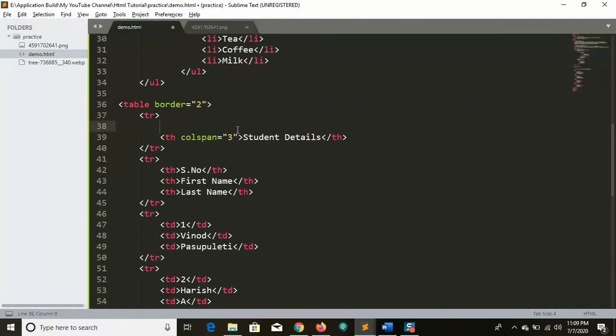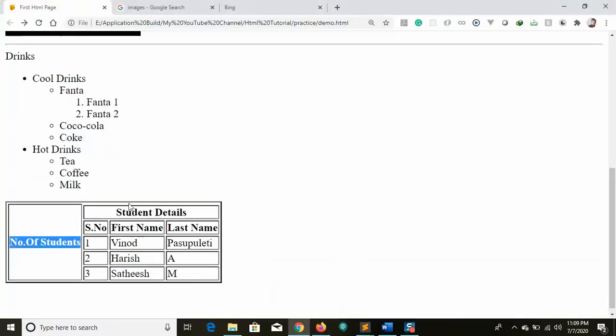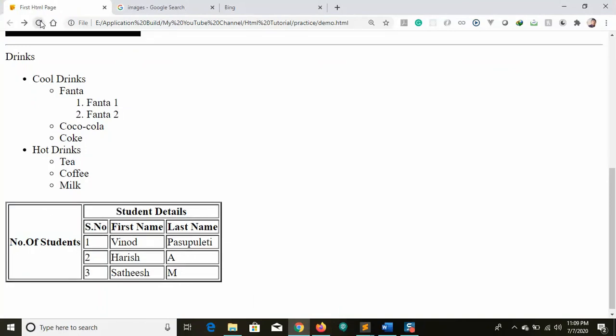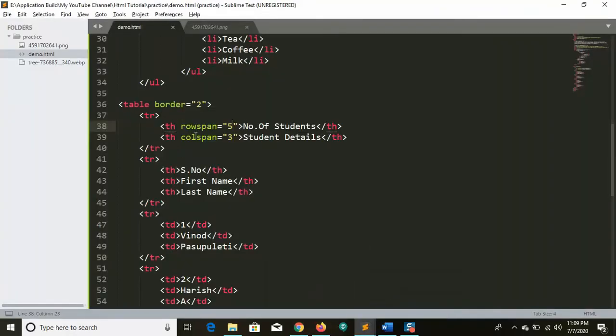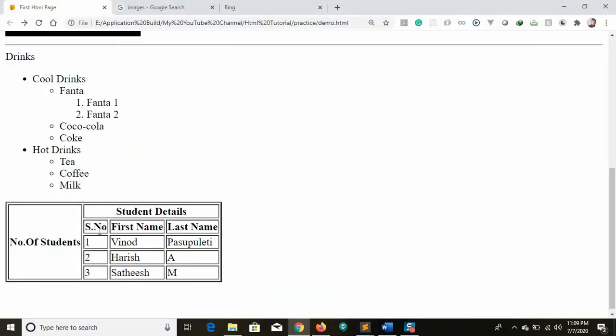I can place this here directly, and I can make it five. Why five? Because we have five rows, right? One, two, three, four, five. So let's reload now. We got the same output. So based on our requirement, this row span, column span can be changed in different ways.